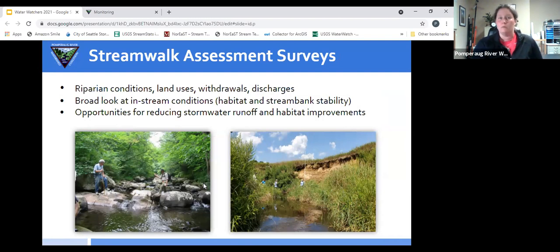As we're out there, we'll note withdrawals, other discharges, taking a broad look at in-stream conditions like habitat and bank stability. We walked Transylvania last summer, so this is a very steep bank eroding. You'll notice there's no trees up here. It's a hayfield with very sandy soils. Site that might need a little attention and a little stabilization, some plantings, possibly, not possibly, definitely could use some